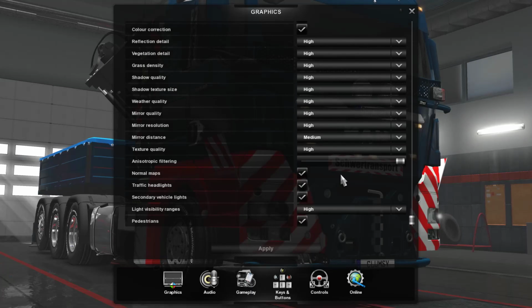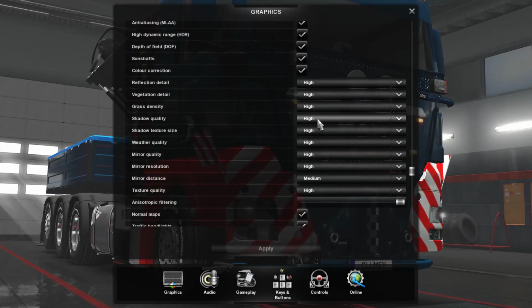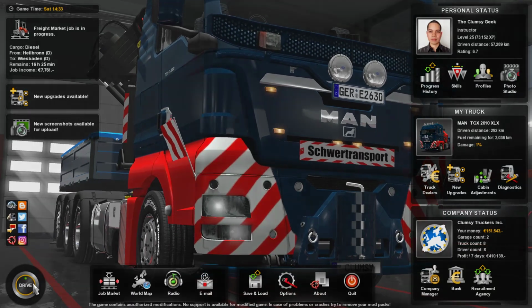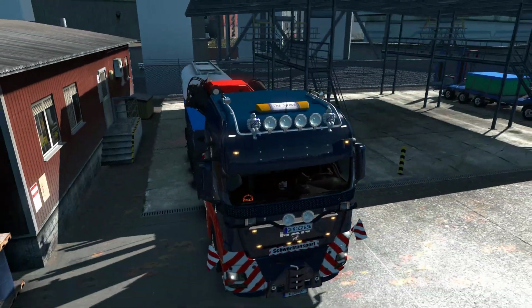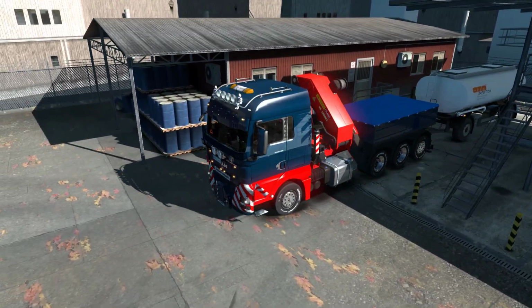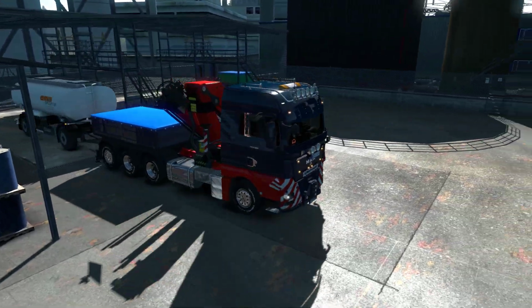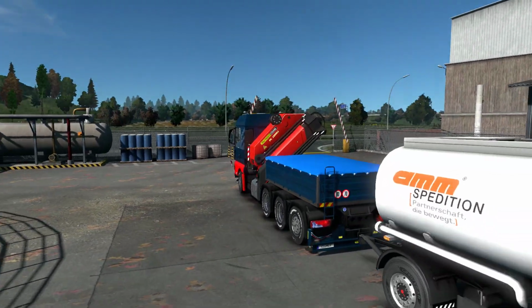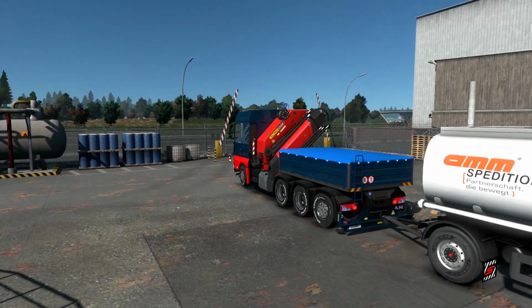Anisotropic filtering is full. Normal maps, yeah, that's how it is currently. Before I had something like ultra on shadow quality. I toned it down to high in the meantime to help with the frame rates. So hopefully that improves things and doesn't sacrifice graphics as much. Well, I think graphics is still okay, still pretty good actually. So hopefully that works. Alright, so now we have a tanker behind us, BDF setup,